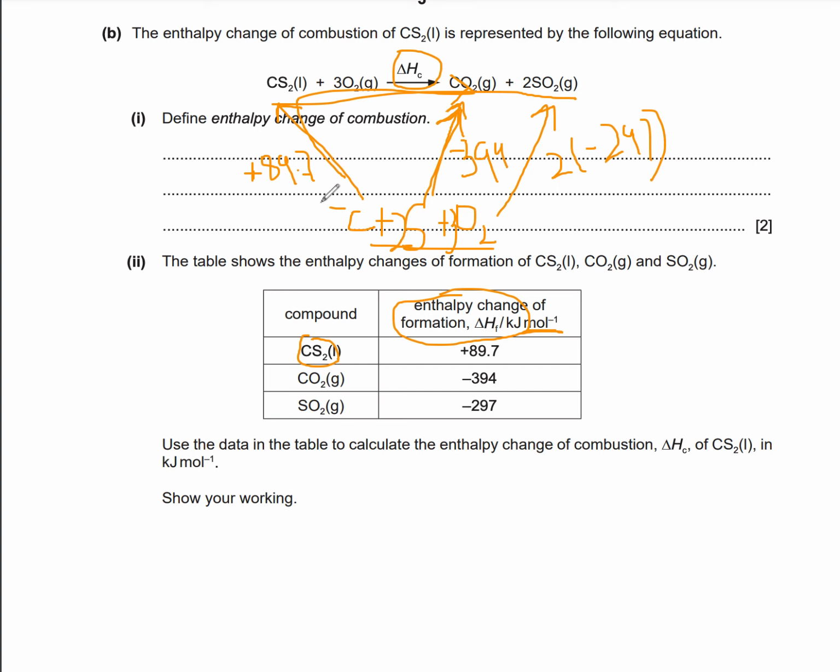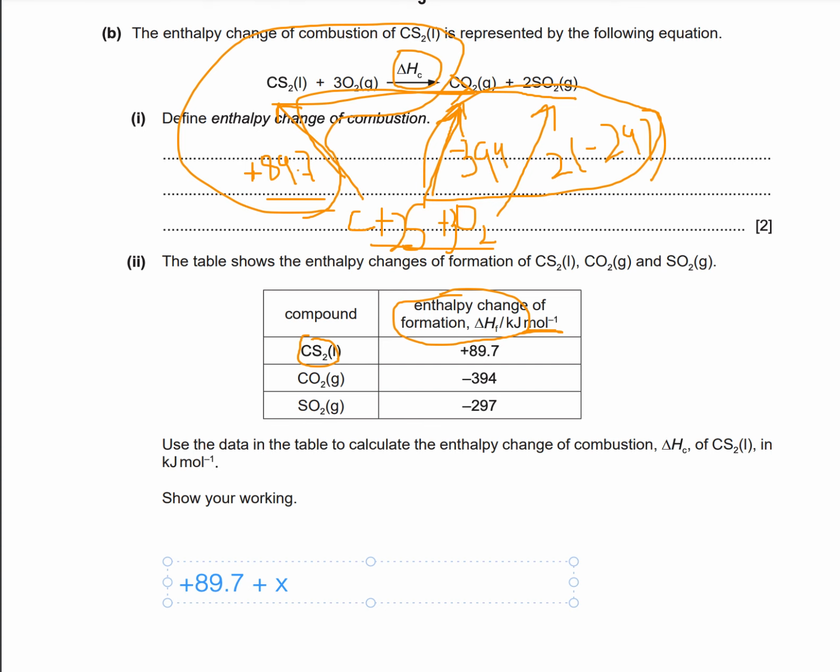So we can add these two paths, and they will be equal to the sum of these paths. So plus 89.7, this plus 89.7, let me write it, plus 89.7 plus this, which is the combustion. We need to calculate the combustion, right? So we write x because we don't know what that is, and which is equal to